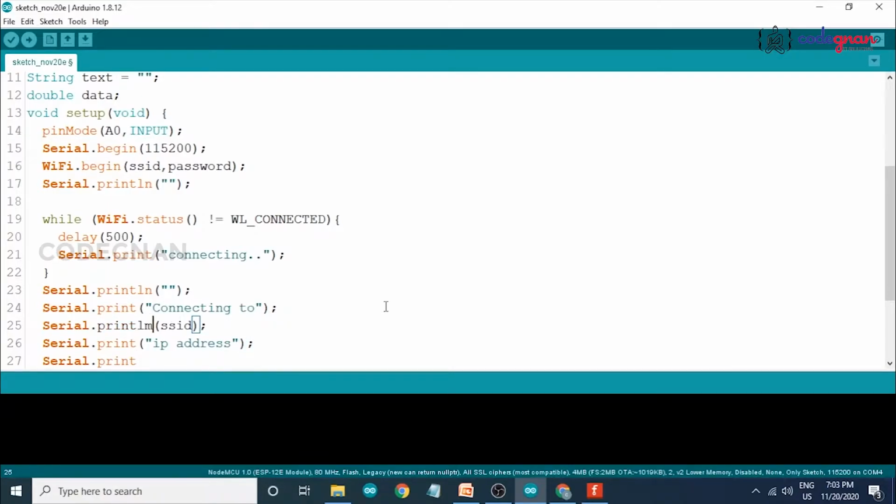Make it println for the next line print, so that we can easily keep our view clear. WiFi.localIP, that means my NodeMCU IP.